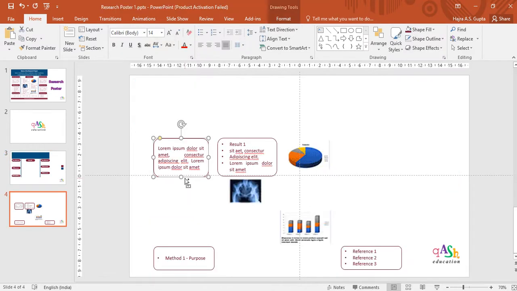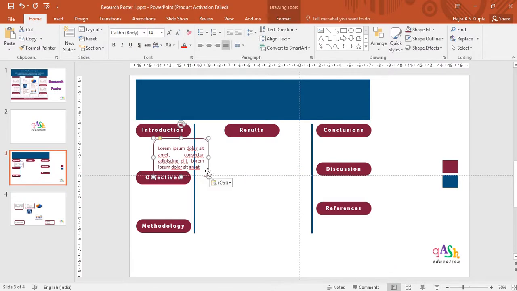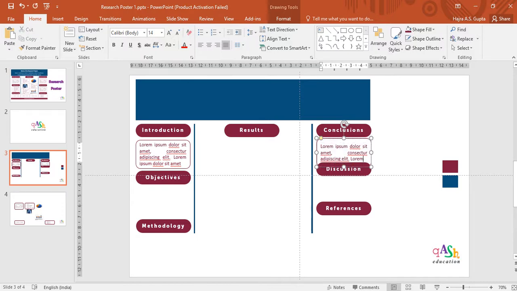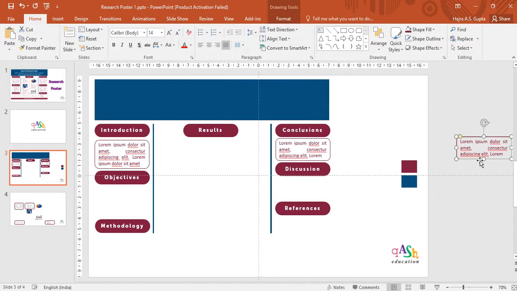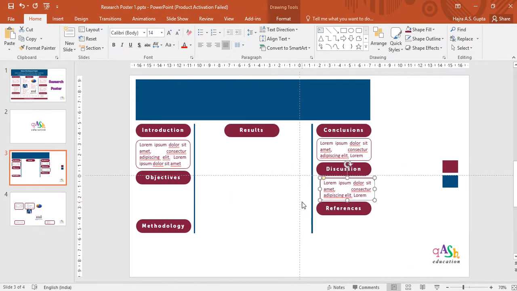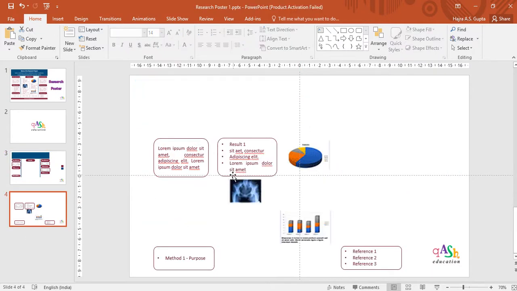I have the text ready with me, so I'm simply going to paste. Now this is the Lorem Ipsum text, just to show you how the information is going to appear. I've chosen a rounded rectangle only, and I've given it the same outline color as the color of the rounded rectangles of the headings. I'm adding the conclusions now. Now the length of these text boxes will change depending on the project, depending on your work, that is obvious. So you can customize it and keep moving and dragging things around to adjust your content.